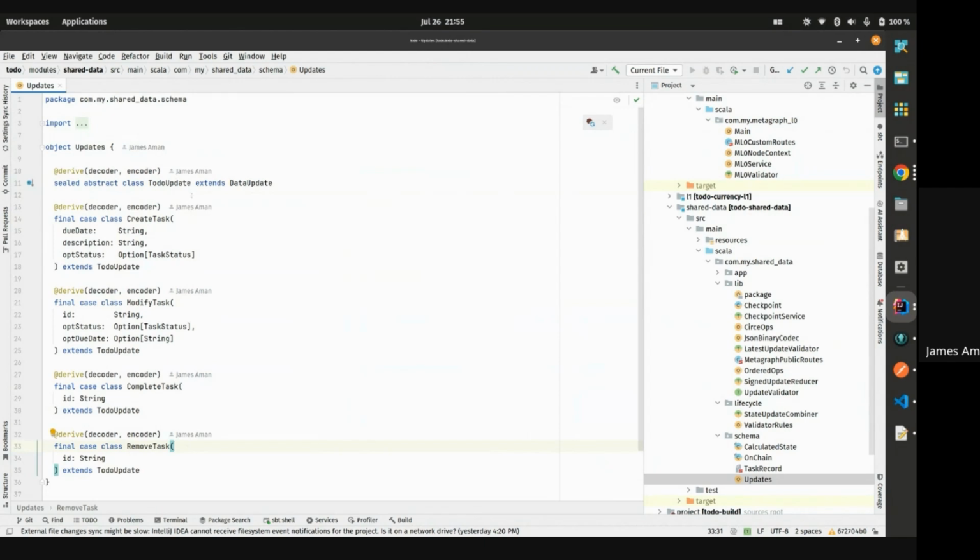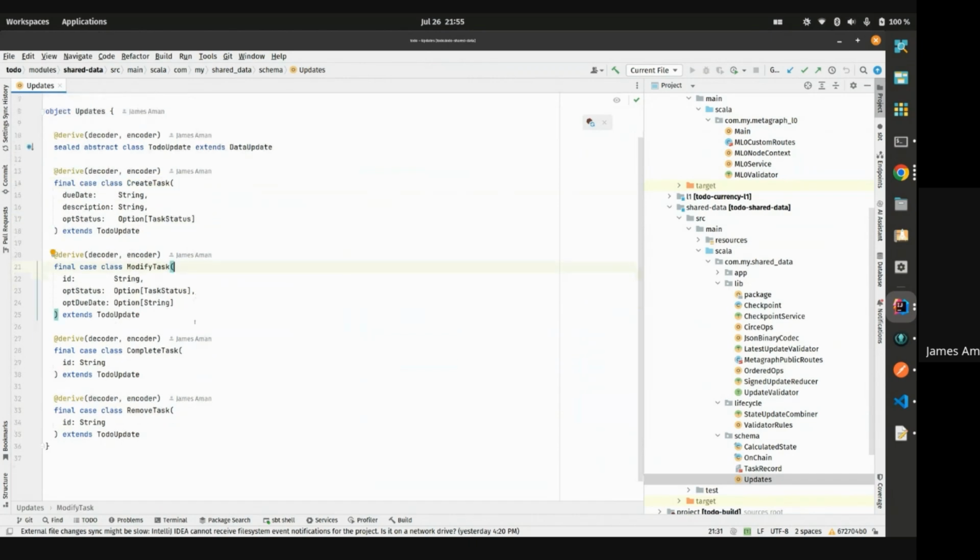The application that I'm envisioning here is that we will create new records by first sending a create task, and then we will progress that task from backlog to in progress to in review through the modify task. And then whenever we want to mark something as complete according to the status here,